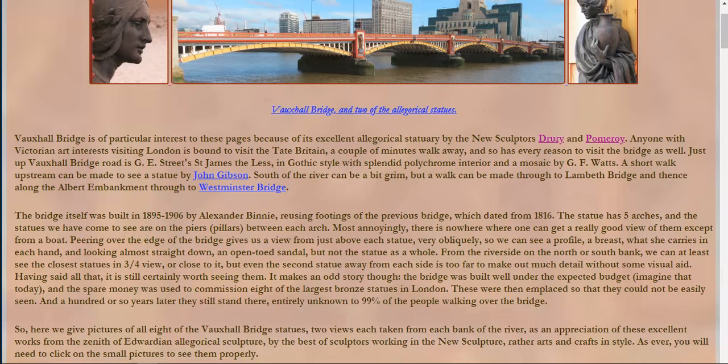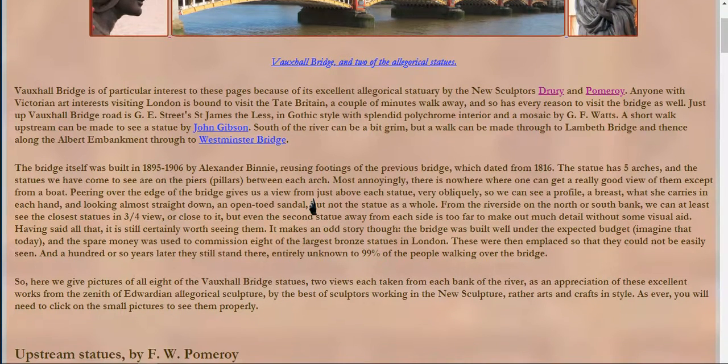So they were doing the Tate and the Millbank thing all around this time as well. It must have been a right mess over there. So it was built by this guy here, and they used the old footings, and it took them a long time to do it. Longer than expected because they'd usual sort of problems with clay and what have you. Anyway, in the end they decided to use the old footings, did it, and although they had a difficult time getting it together, they had a load of money left, like a lorry load of money, enough to commission 4 for each side, 20-foot bronze statues